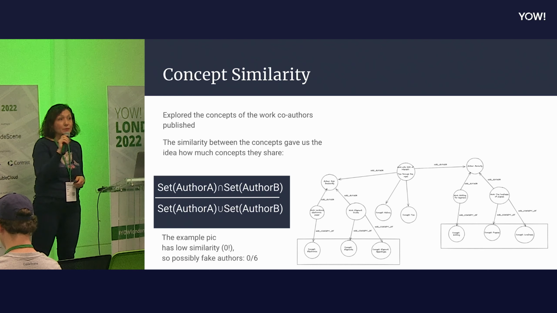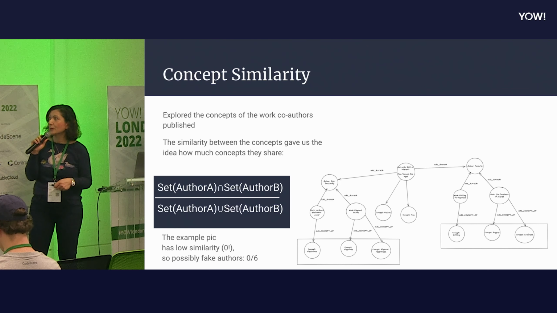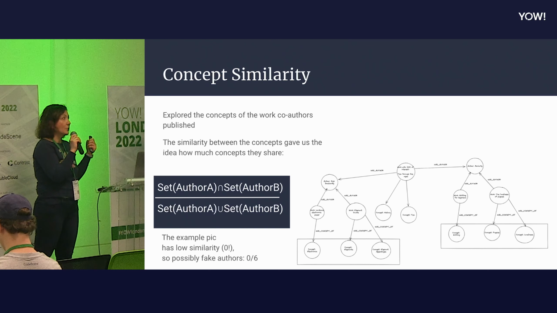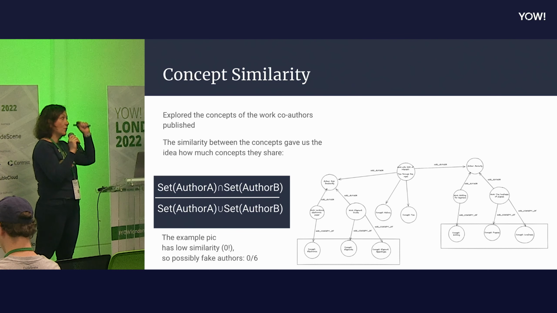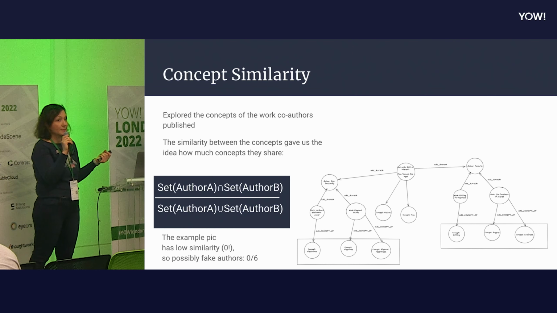So our theory was we will do similarity, the similarity of two authors. This is for a published work. If we have two authors, A and B, what are they going to work on, which type of work have they done before, and what type of concepts were they related to. Similarity is one of the ways that machine learning algorithms can identify how related they are. There are multiple ways of doing this, with or without the graph. The most simple way is identifying them in X, Y axis in space, where you can identify the distance between them. So if two objects are close to each other, you think they are similar.